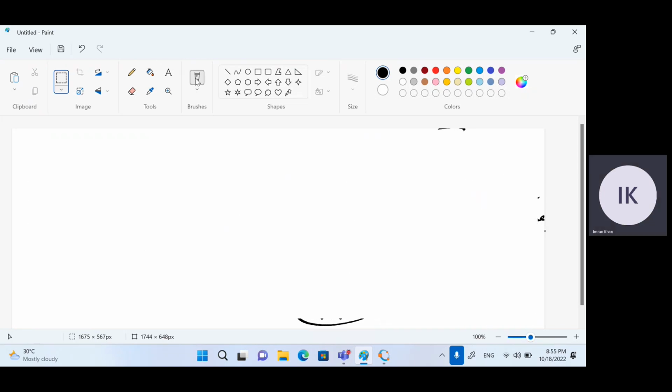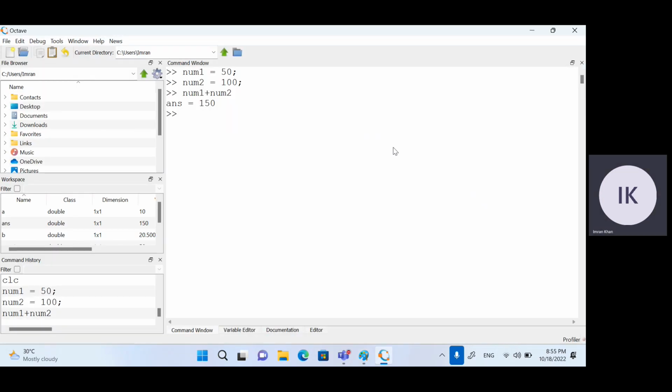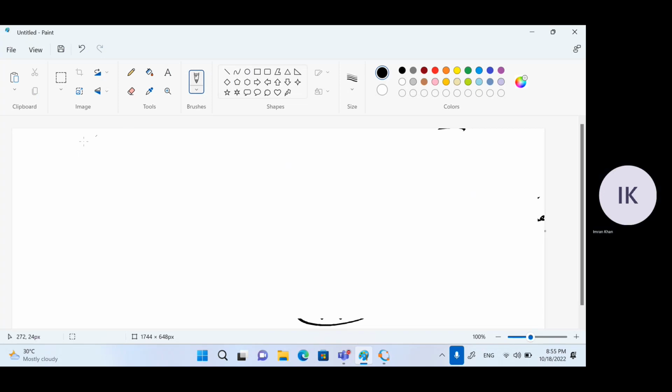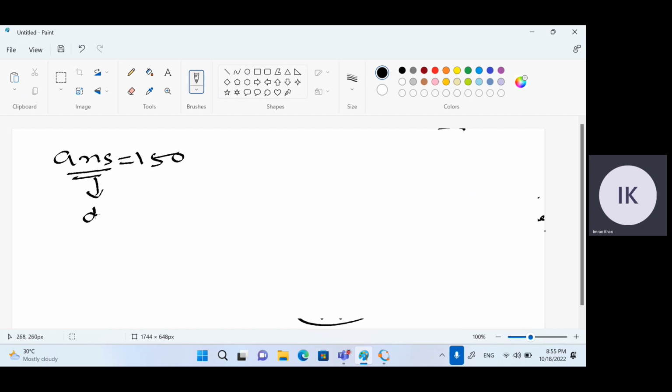Delete. Okay. Now here, what did you get? ANS equal to 150. ANS is equal to 150. See, ANS is a default